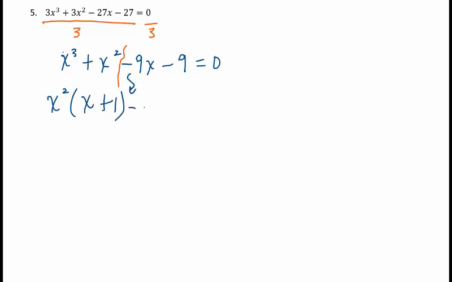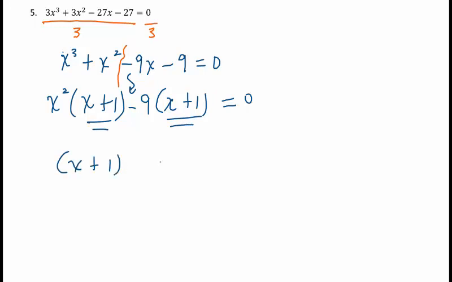Bring down that next sign and factor out a 9, but really a negative 9. And negative 9x divided by negative 9 is x, and negative 9 divided by negative 9 is just positive 1. And at this point we realize that the binomials match, which they should. And so we have x plus 1, and then whatever remains, which is x squared minus 9,